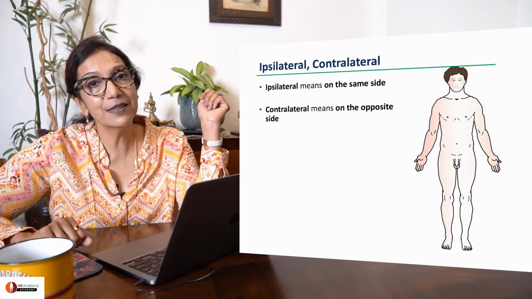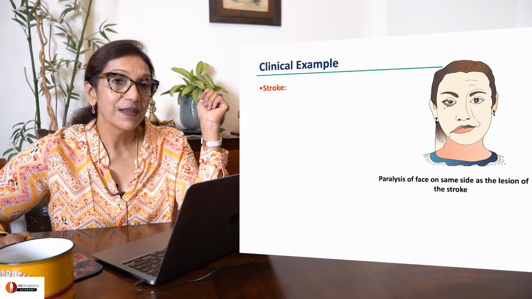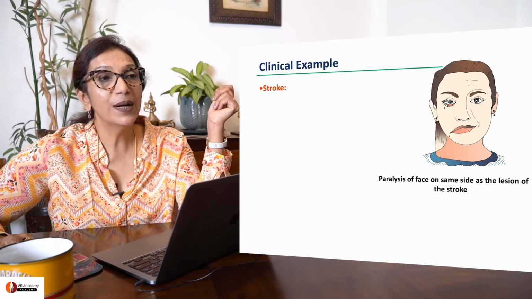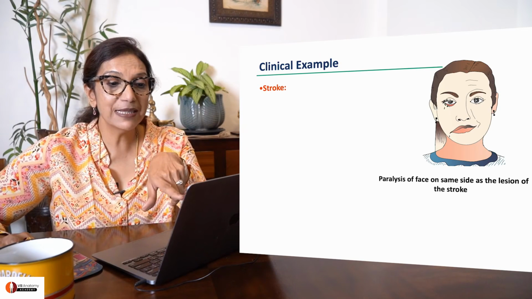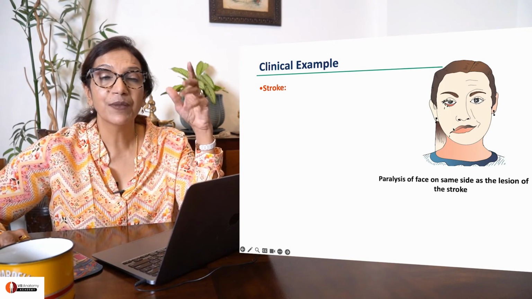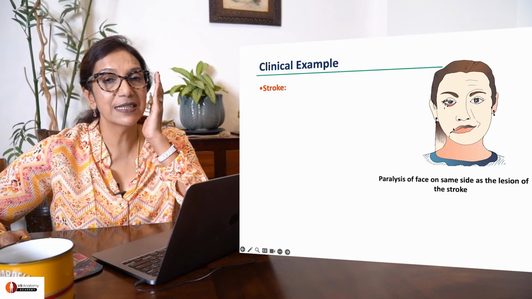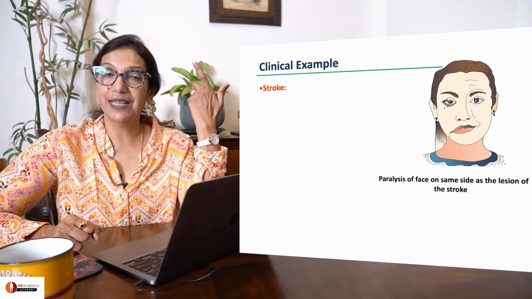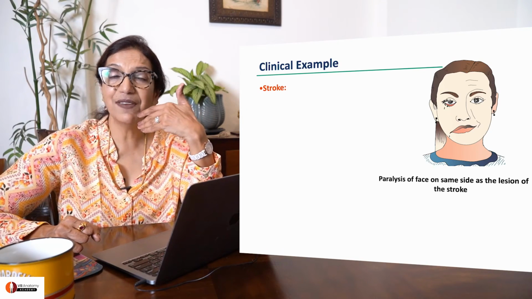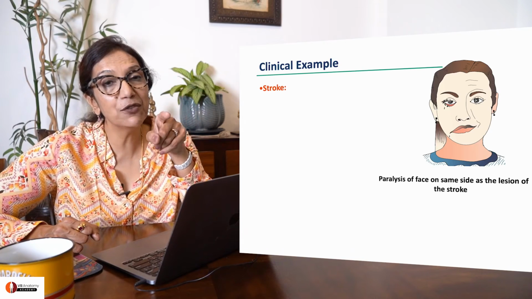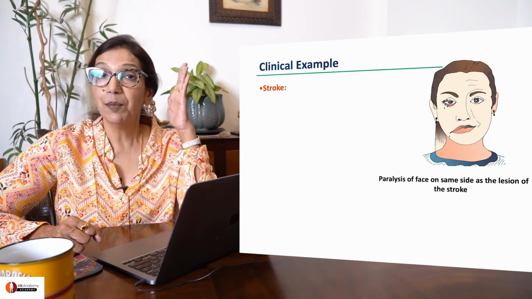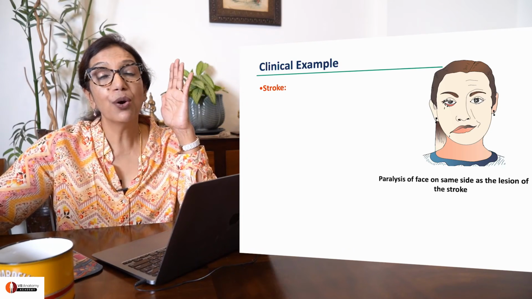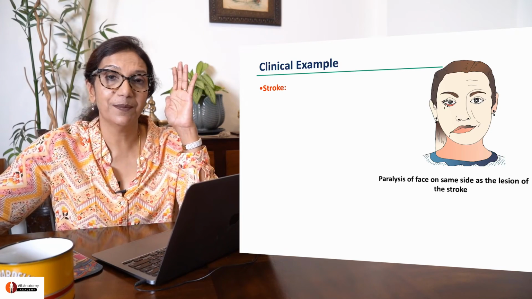When do we use these terms? Understand that. Sometimes, a person gets a stroke. What happens is, he has paralysis of one side. See, you can see it in her. One side of the face is paralyzed. The other side of the body is paralyzed. So, the lesion is on the left and the left side of the face is paralyzed. So, ipsilateral facial paralysis. But the lesion is on the left and the right side of the body is paralyzed. So, we say contralateral hemiplegia.